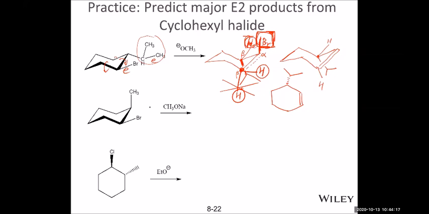When we eliminate the beta hydrogen, the leaving group has to be on the axial position. So to do the elimination, we have to redraw the structure and put the leaving group on the axial position. Okay. This bromine is above the plane and on the axial, so the bromine has to be here again. And when this bromine is on the axial position, we need to decide what happened to this methyl group. Is the methyl group still on